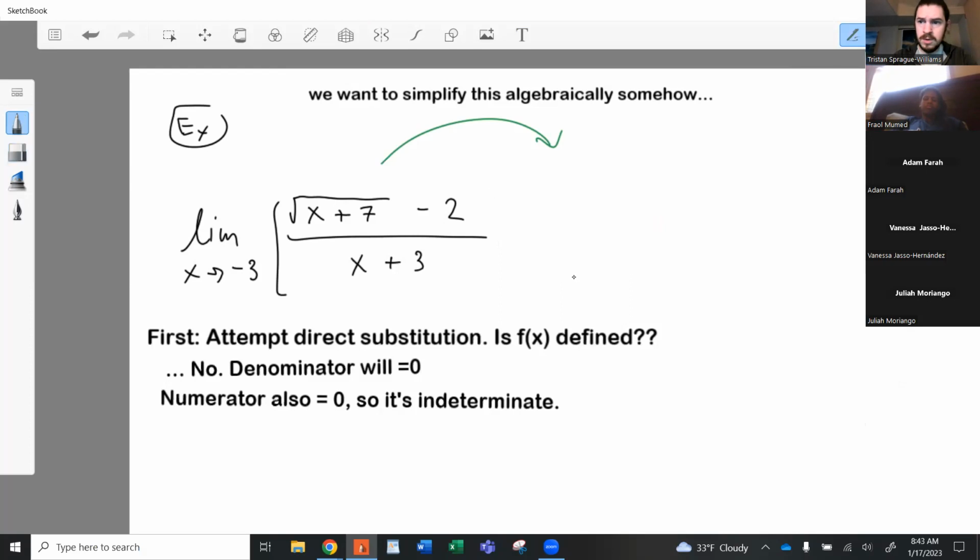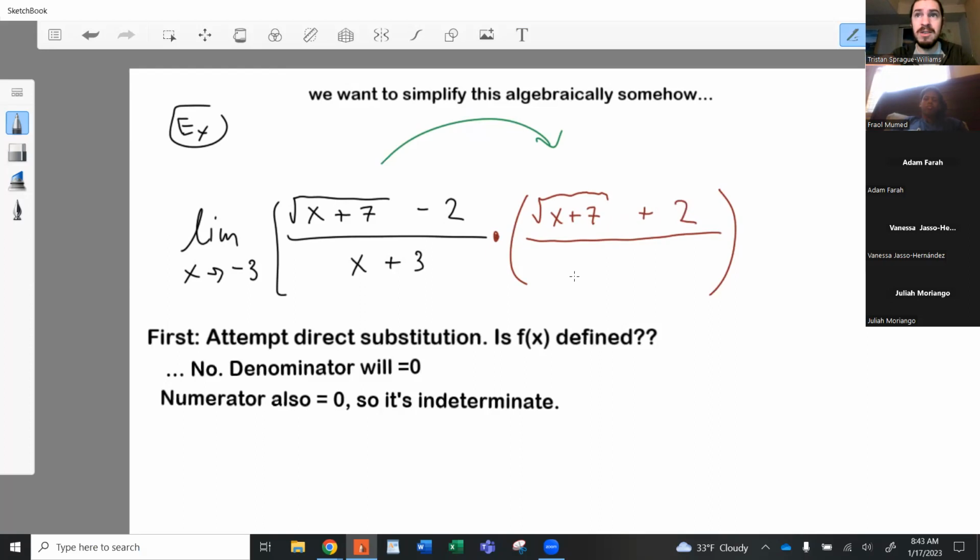And what I want to do is multiply this by something. I've got to make sure that it's still equivalent, right? That's key, because if it's not an equivalent function, then its limit isn't going to stay the same. So we can't actually change its value. All we can do is manipulate what it looks like. So what I want to multiply by is this thing called the conjugate of the numerator, which is